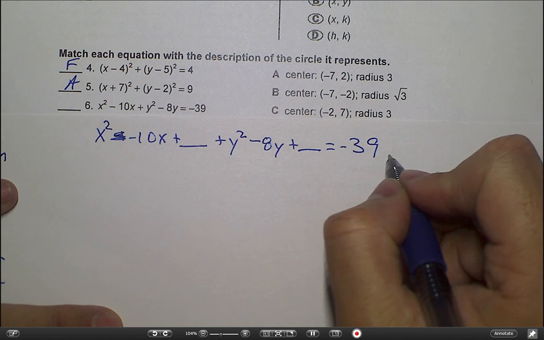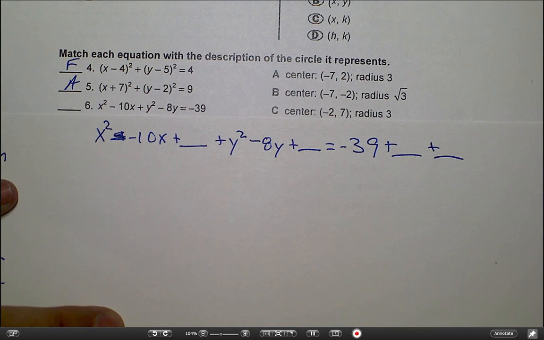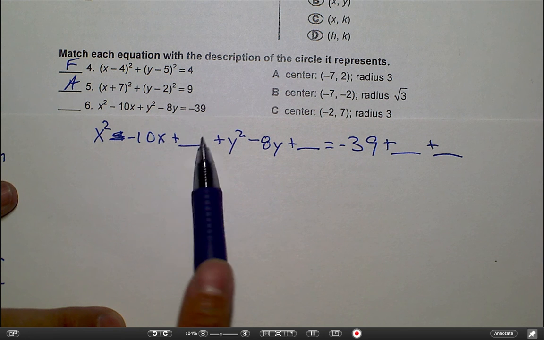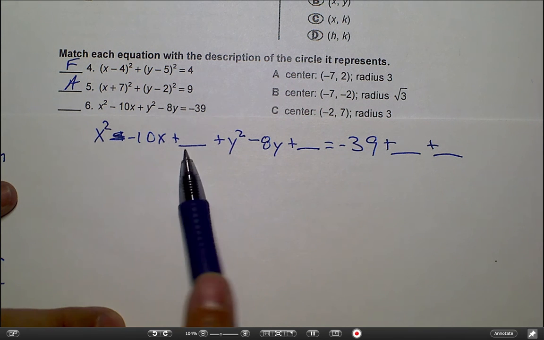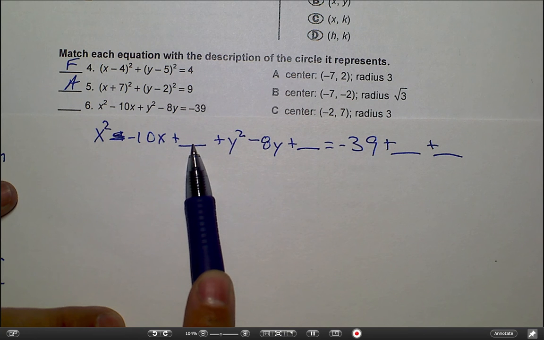And what do I have to add here? Plus blank, right? From your notes, from your formulas, remember ABC, right? So this right here has to be, that's a hint, it has to be